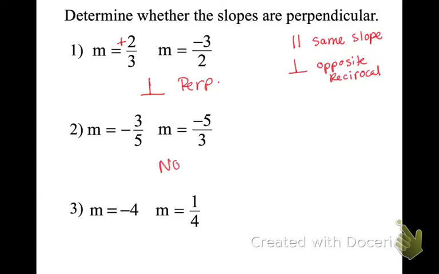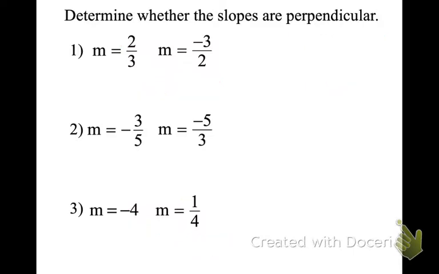Number 2. Okay, they're opposite signs, and the reciprocal of 4 is 1/4, so yes, this is perpendicular. The answer here is yes. I'm going to ask you perpendicular, parallel, or neither on your test. So you just basically have to find the slope, and then once you find the slope, you are going to,